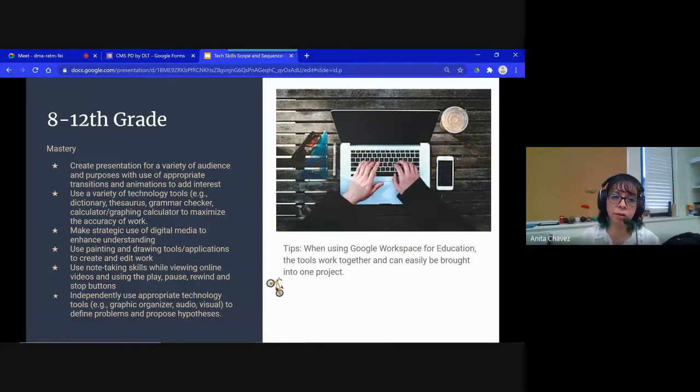And I went ahead and grouped 8th through 12th grade because all the skills are the same. And by that time, by 8th grade, all those skills should be mastered. So creating presentations for a variety of audiences and purposes with the use of appropriate transitions and animations to add interest. If your students are not sure how to create those transitions, if they're not sure how to add animations to their presentations, then you need to get them up to speed, because by this time their presentations should be